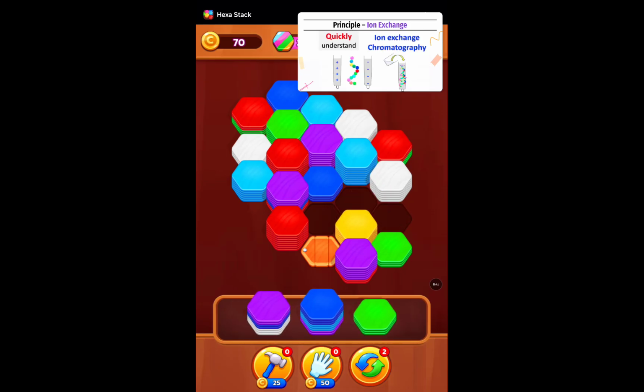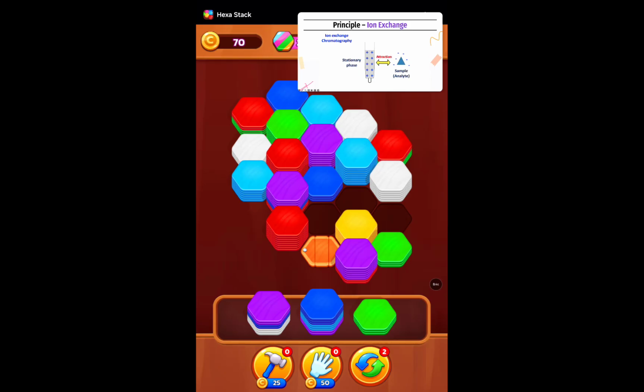So this animation is going to show you ion exchange chromatography. Basically, ion exchange chromatography is based on the attraction between two different charges. Let's say you have a stationary phase with positive charge, you will attract the sample, which has